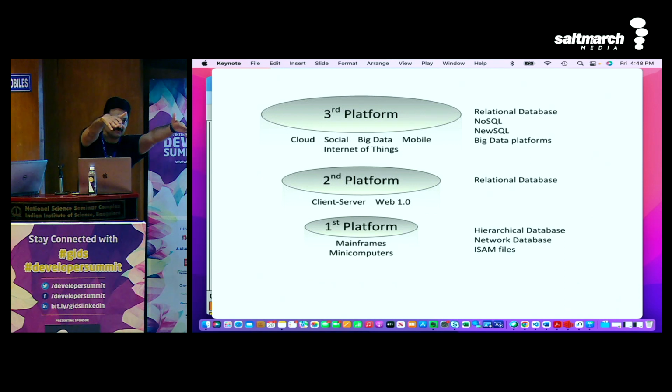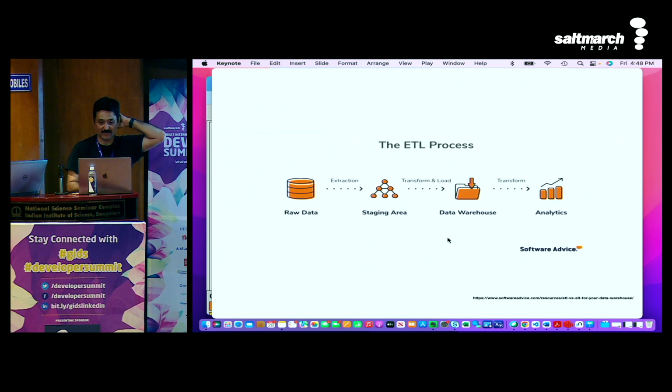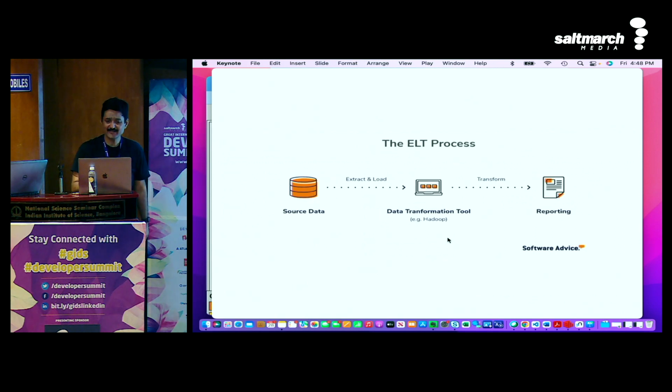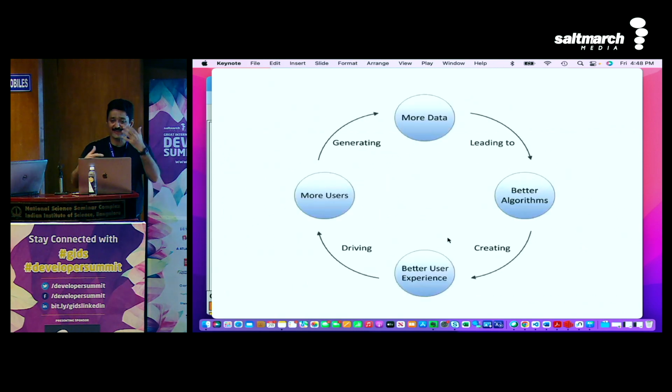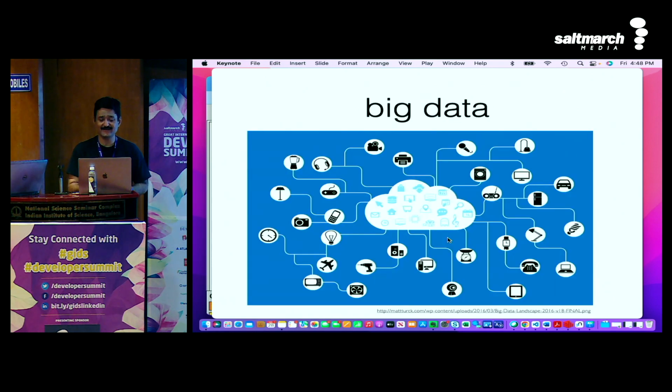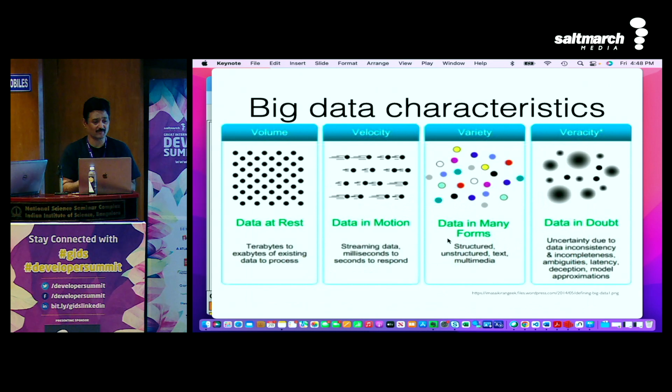We talked about SQL, yeah? Now let's go a little bit more into that particular model. We all know the ETL process. We can create the ETL process. Now we are adding more data to it. When more data comes in, we cannot put this data in the big data model. That's where the problem comes in.